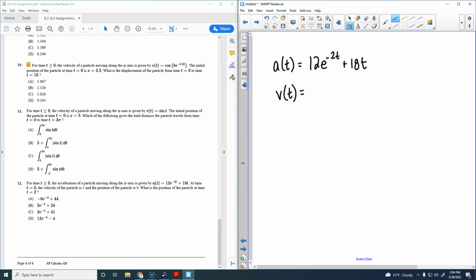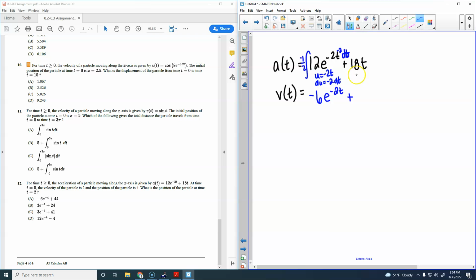Negative 6. Because when you're integrating this part right here, your u is the negative 2t, which means your du needs to have a negative 2. There's not a du here because it's not a differential equation, but we'd have to add the dt right here. We'd have to add the negative 2 here, which means we'd have to put a negative 1/2 out front, which would give us negative 6e to the negative 2t,